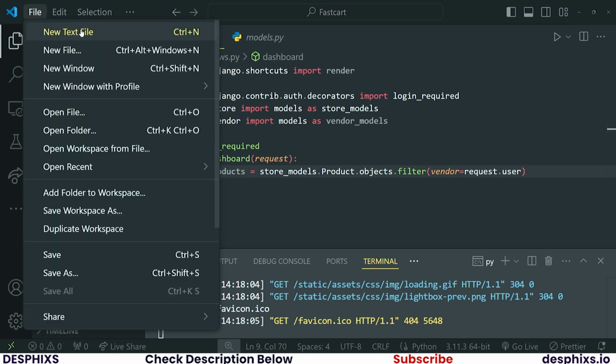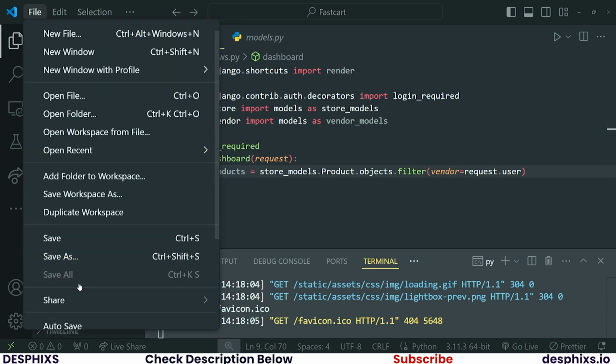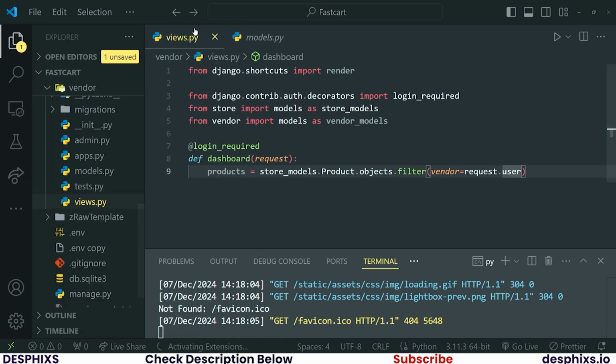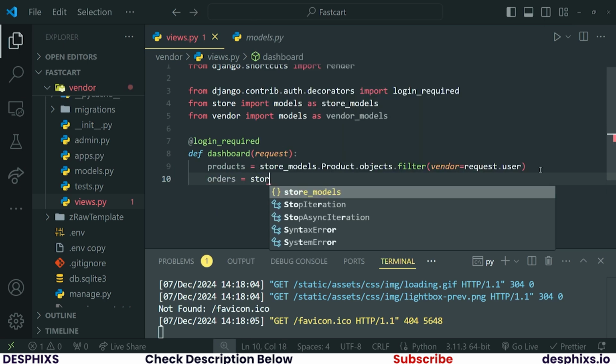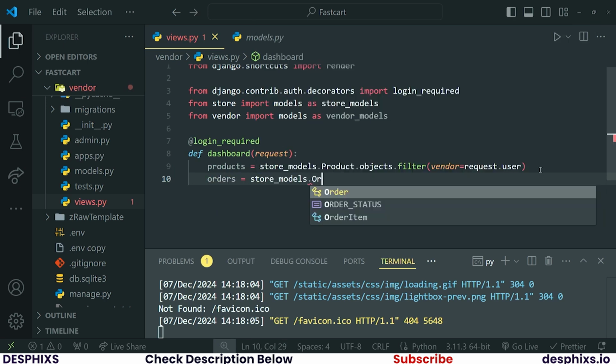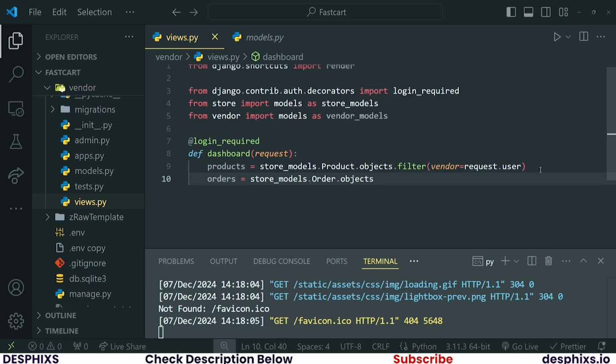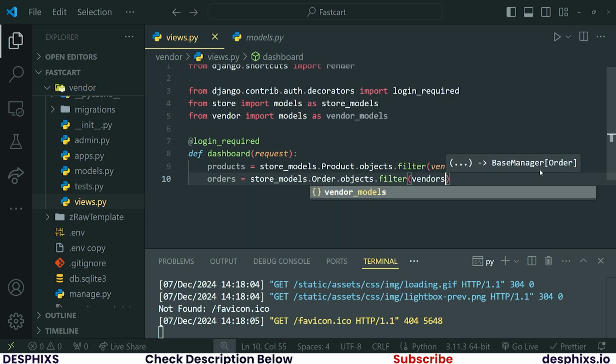Before I continue, I want to save and make my file autosave, okay, so that it saves automatically without me having to manually save it. Good. Now I have fetched the products. Let's also fetch the orders. So I'll say orders should be equal to store_models.order.objects.filter again, and I want to filter by vendors should be equal to